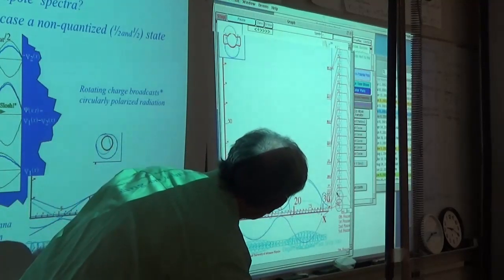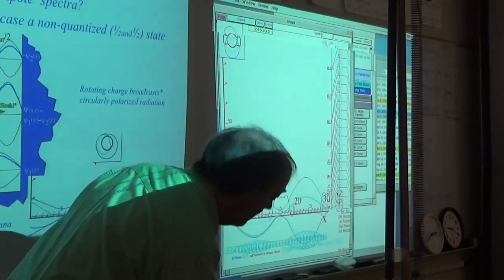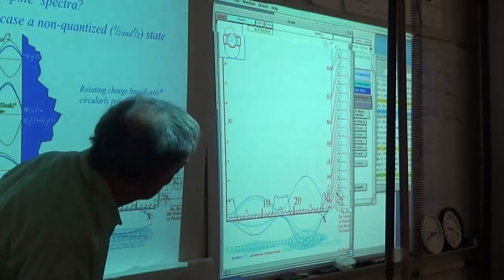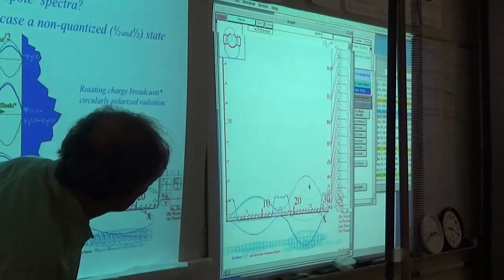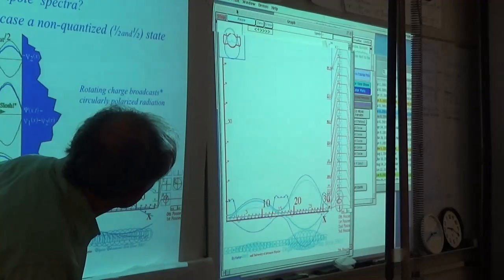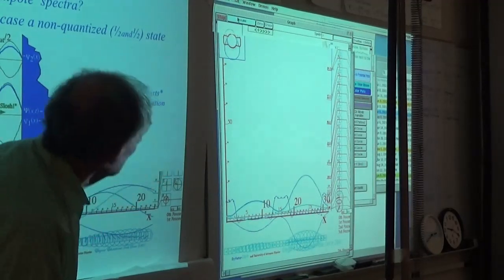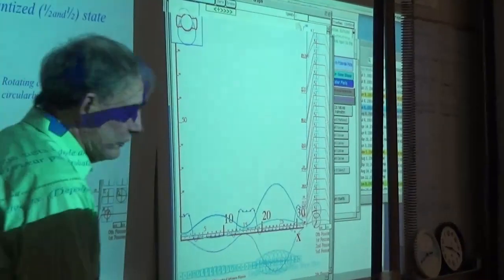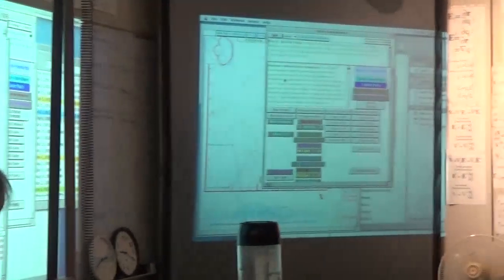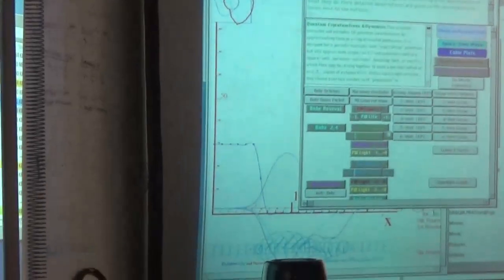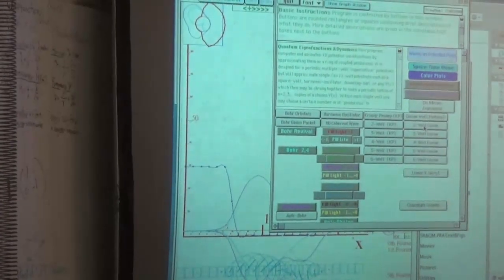I've got to get the right computer here. Let me just pause this one for a moment and go over on the other screen and get that one going. This one right here, which involves just a single